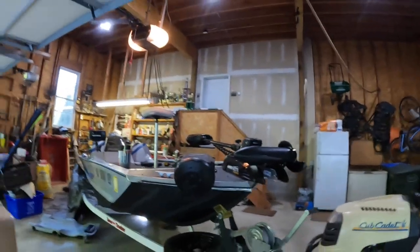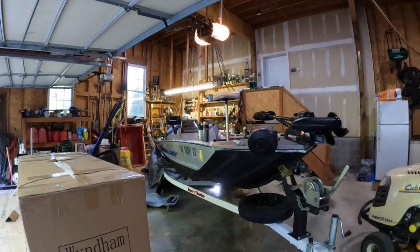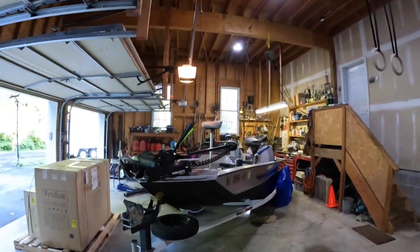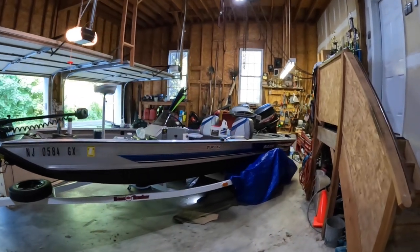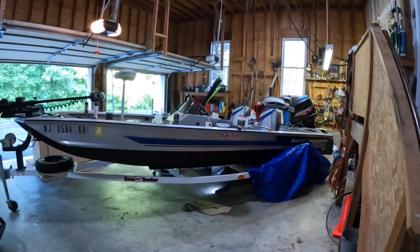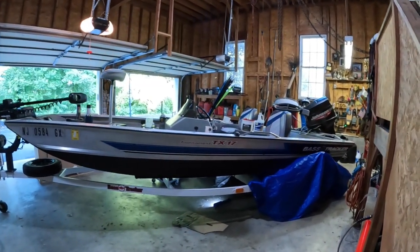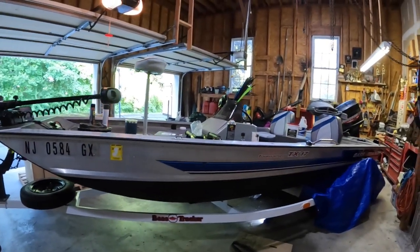So the boat is, man, I love the boat. I really do. I enjoy the boat. I've been having a lot of fun with it, but I have to do something about the leakage. It's just not what I like. I want the thing to be super dry. So I'm going to take some Flex Seal and run it down the line. I'm going to let it dry up. And then I'm going to put bed liner on it after that to hopefully